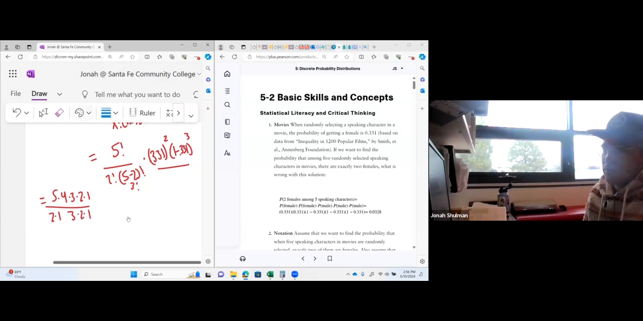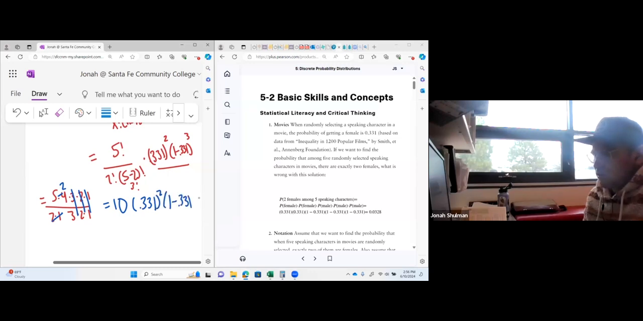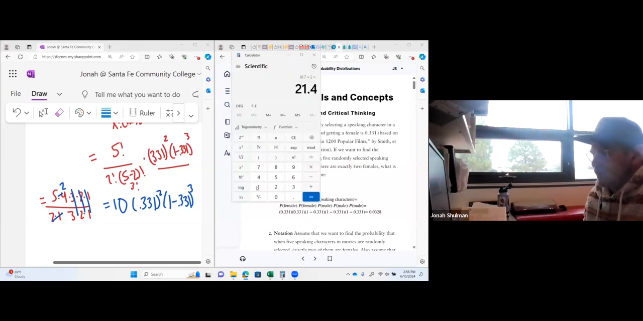The first step I'm going to do, I'm going to cross out whatever's a match. And 2 goes into 4 twice. So this whole part is just 10. It's not accounting for the 10. It's missing the 10. It's missing all the combinations. So 10 times 0.331 squared times 1 minus 0.331 cubed. It doesn't have the combinations there. They're not asking you for the answer, but I thought I might as well give you the answer anyway. Times parentheses